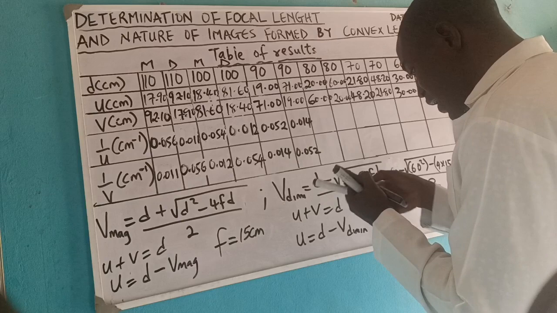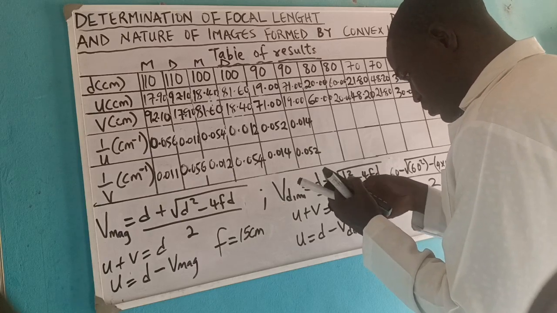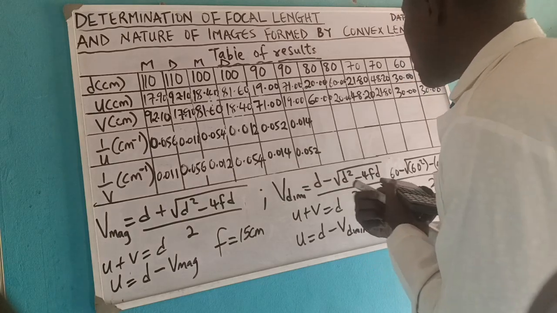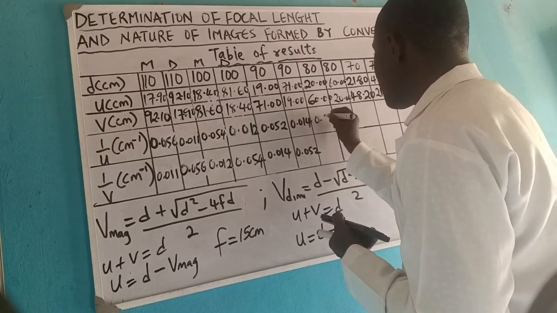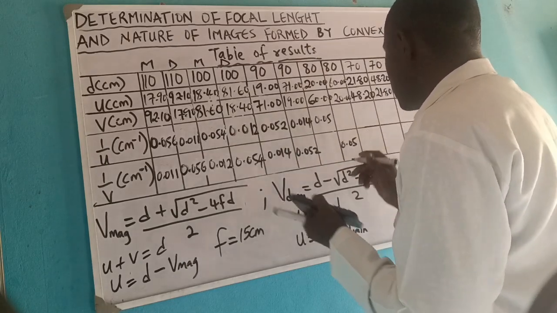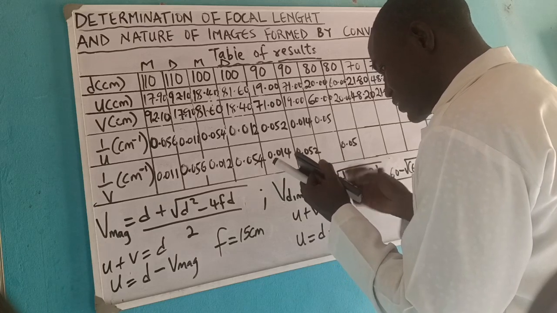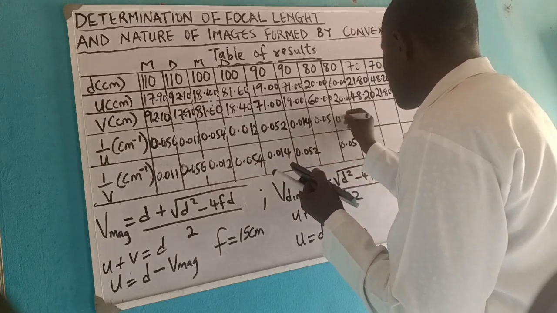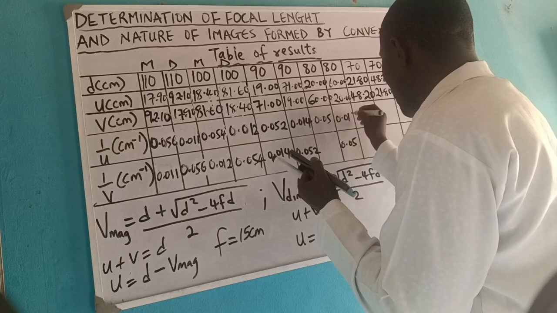Then 20 inverse is 0.05. 60 inverse is 0.017,